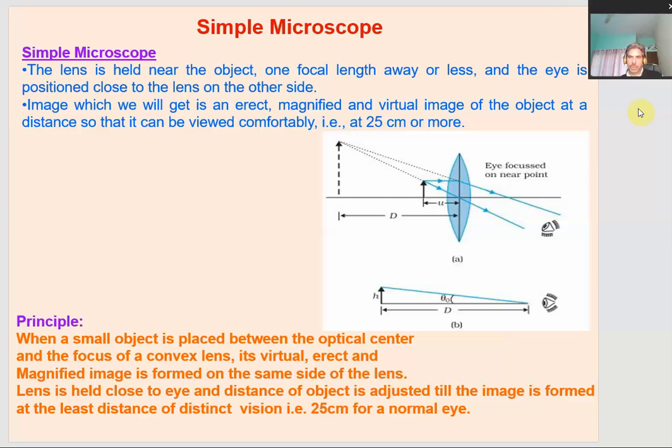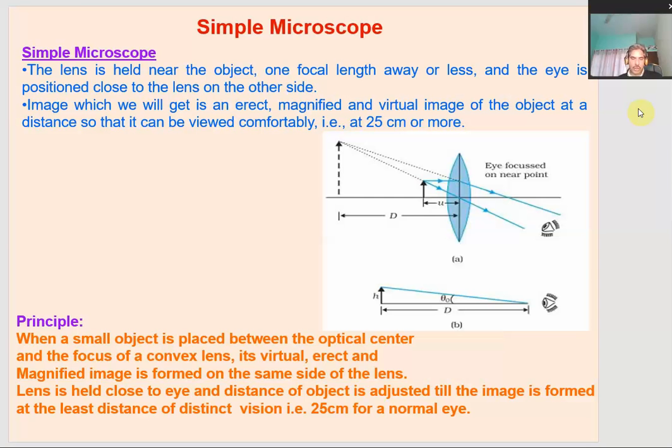Hello everyone. Today we will discuss optical instruments like microscopes, telescopes, etc. Optical instruments are very important because they are used whenever the objects to be seen are either very small in size or lie at a very far-off distance. In all these situations, these objects cannot be seen clearly and distinctly with the naked eye. So we need to make use of these instruments called optical instruments.